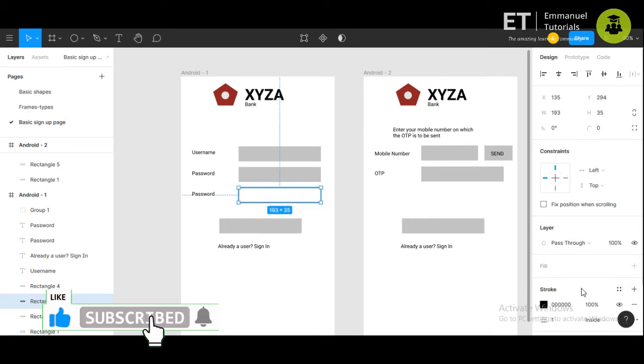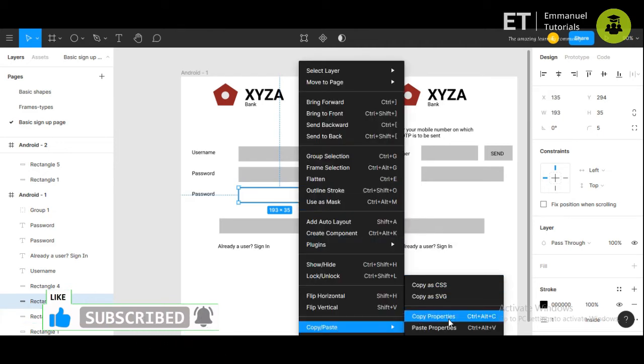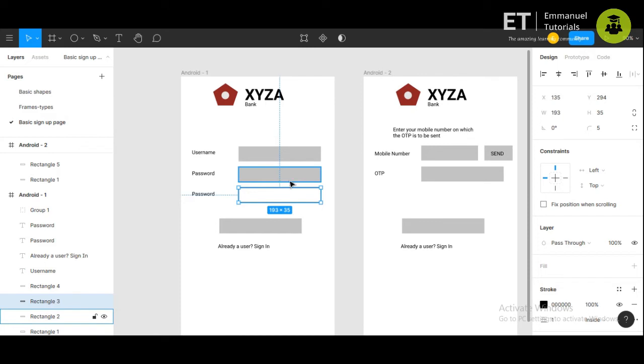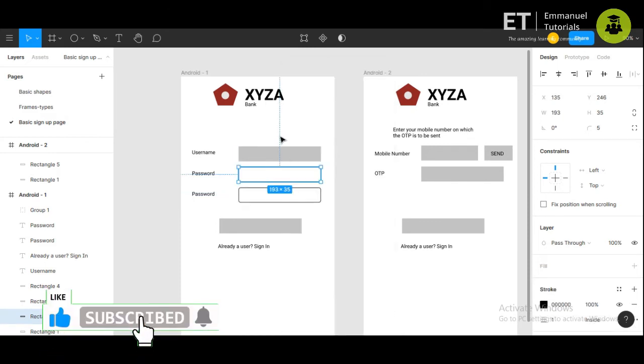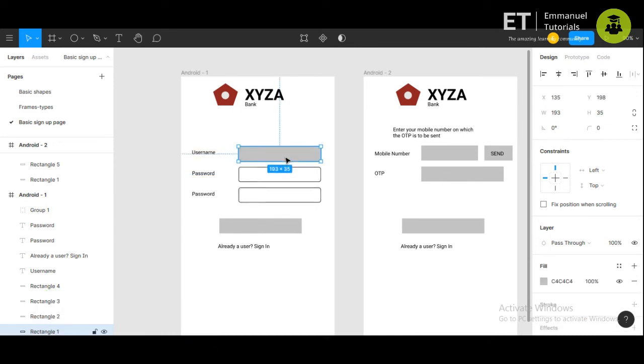And also we can add a slight rounded edge by giving a border radius of 5 in the design tab. Similarly for the others. So what I've done is copy the properties and paste it.